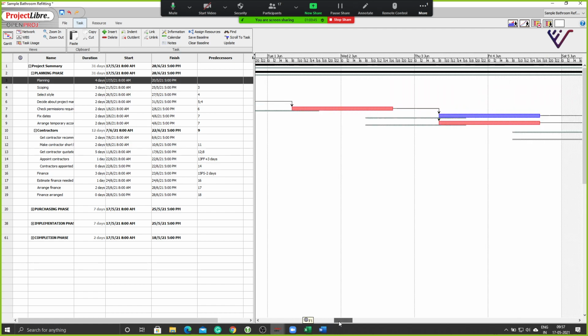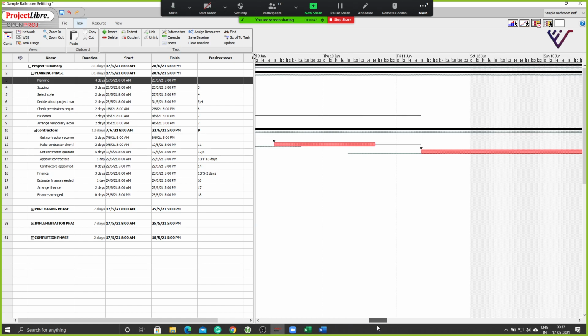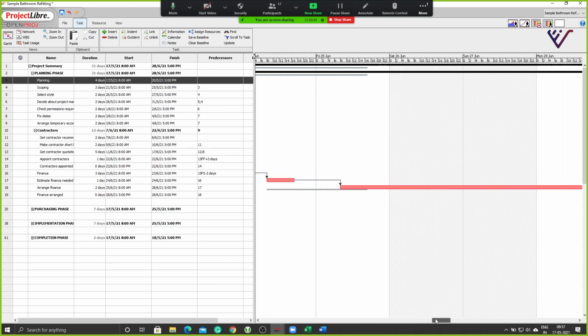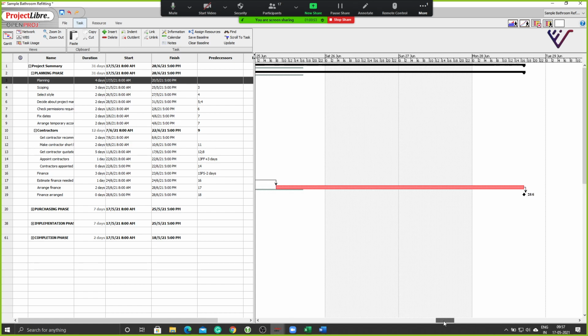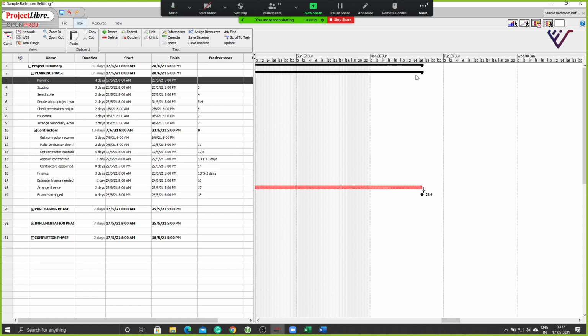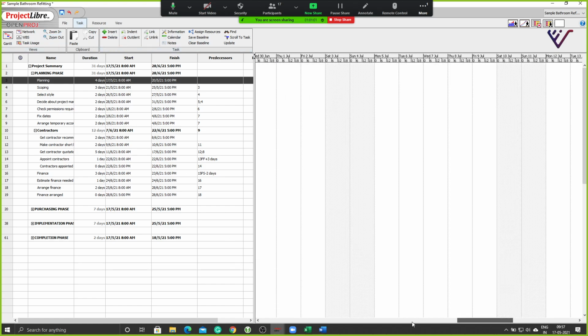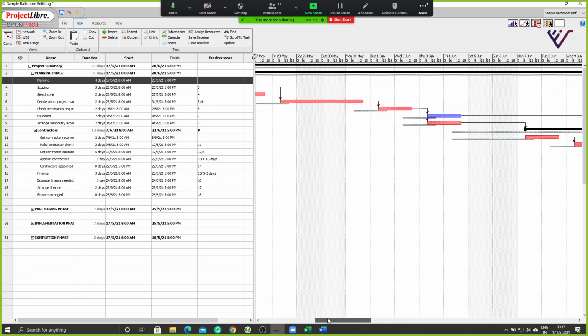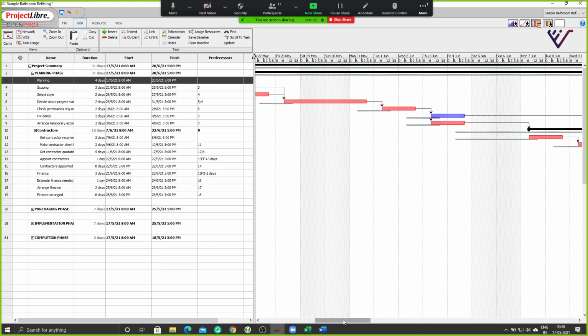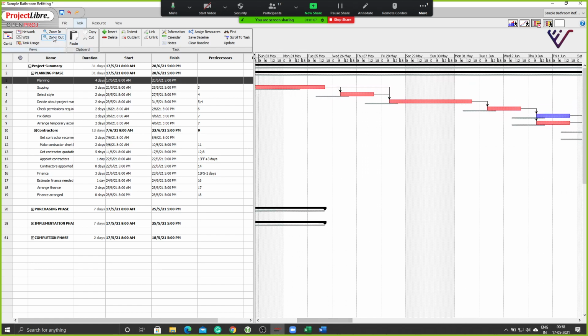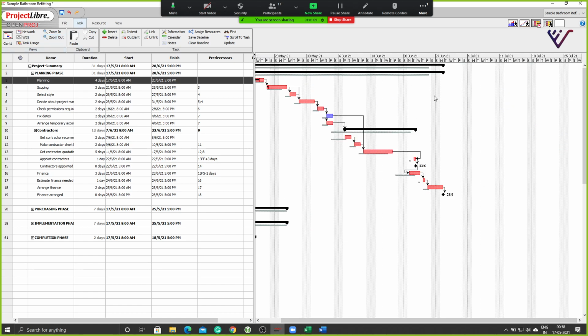According to my baseline, the task was supposed to end on Friday 25th, but it's now extended till Monday 28th June. Now this will happen only when your critical path activities are moved. That's when you will have this baseline change.